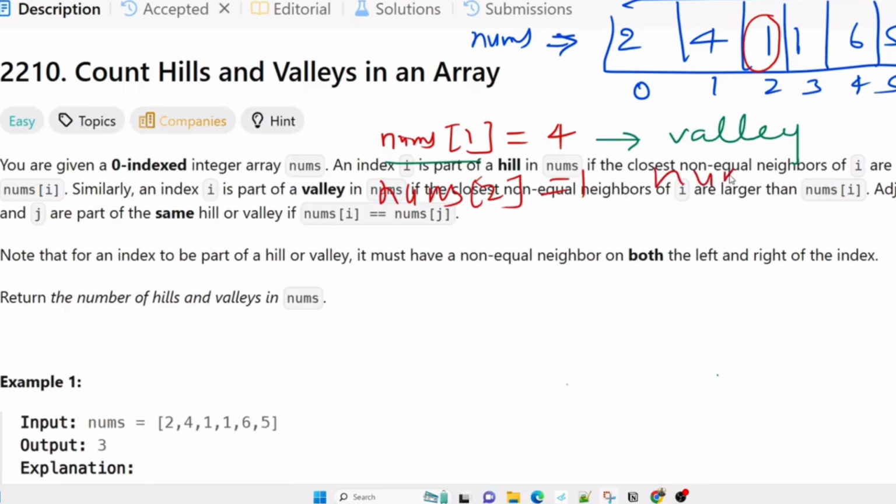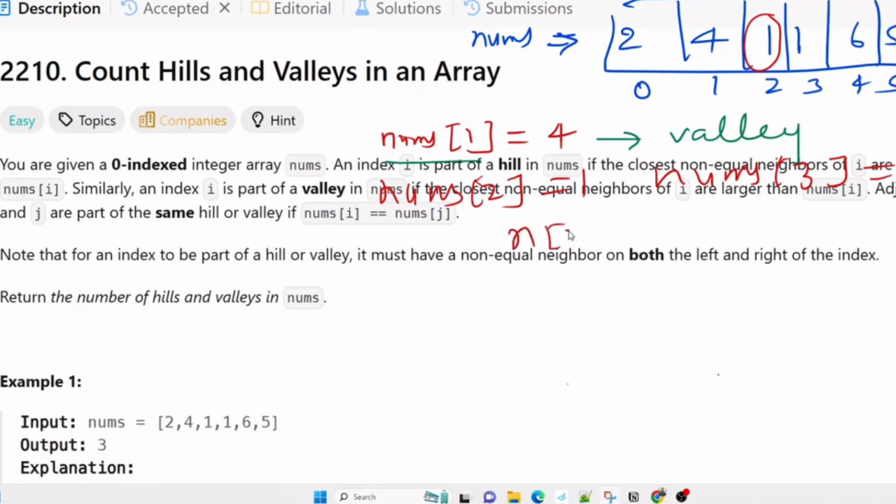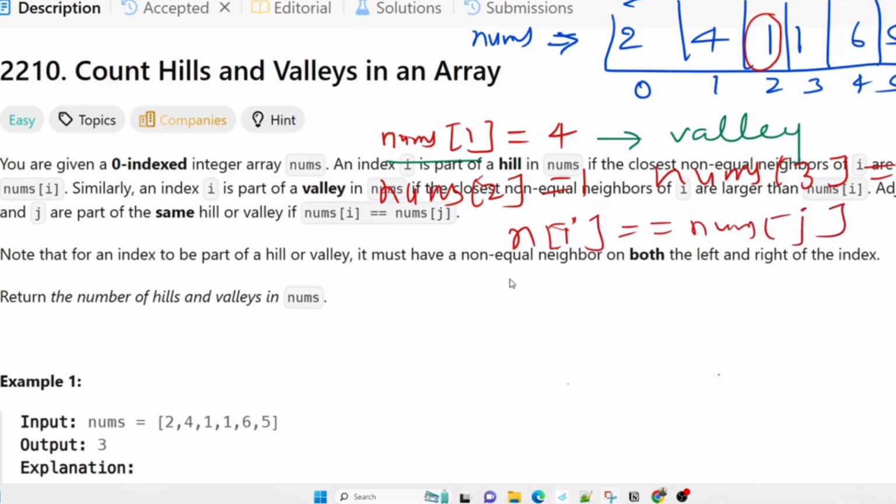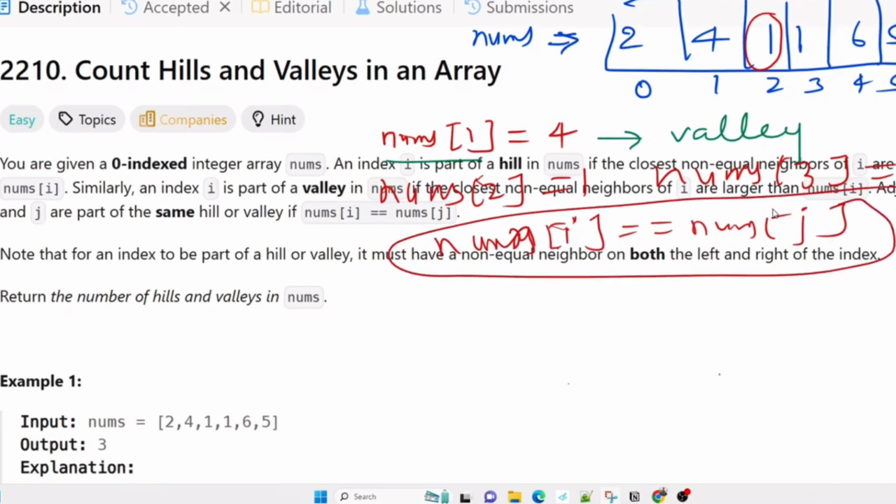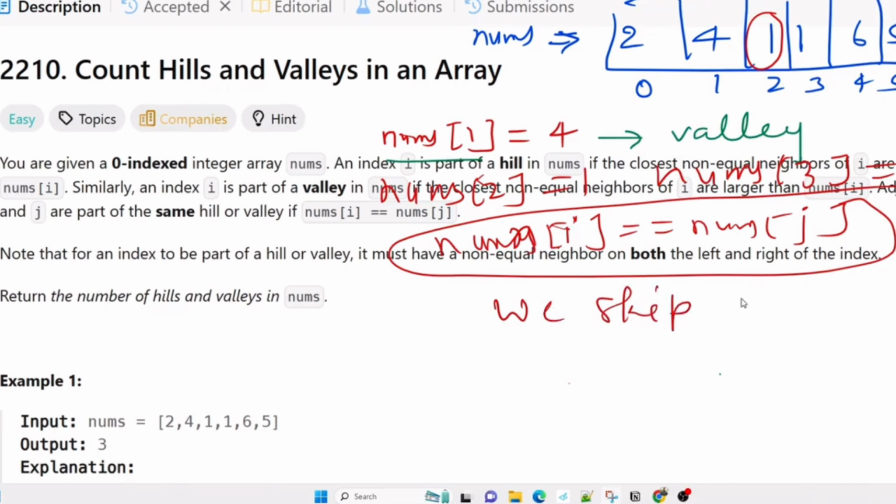Nums at 3 is 1. So both are equal. Remember, when nums at i is equal to nums at j, means both are equal. So when it is equal, we skip forward